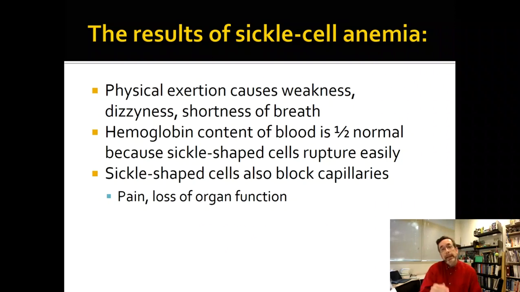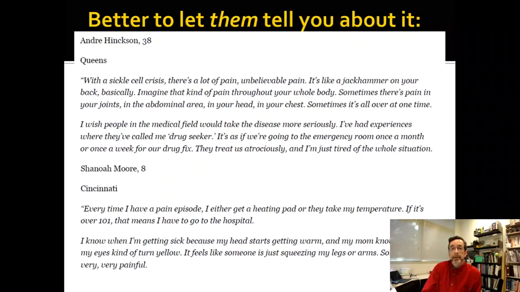Remember that graph where we had the anemia patient with 50% of the hemoglobin? That would be a sickle cell patient because they have fewer cells, they have less hemoglobin in their blood overall, and they're at 50% concentration, which means they can transport 50% of the oxygen. No wonder that you're out of breath. Another thing that happens is that the sickle cells can actually block capillaries, which can cause the tissues to die, it can cause pain, it can cause kidney problems in particular.